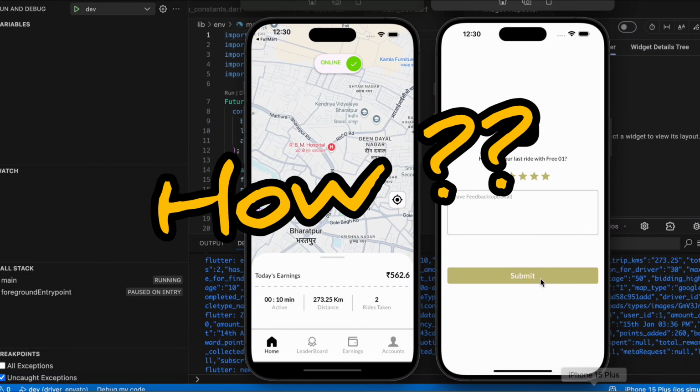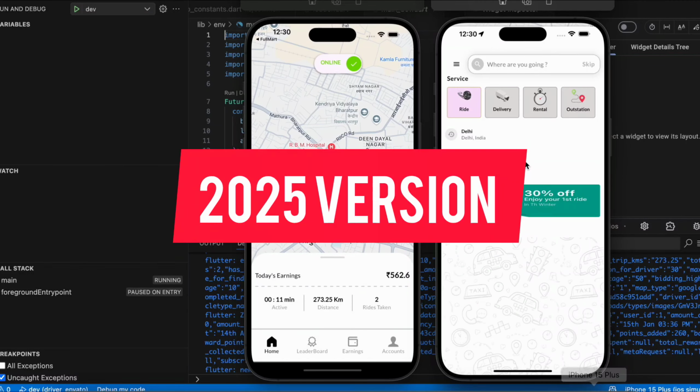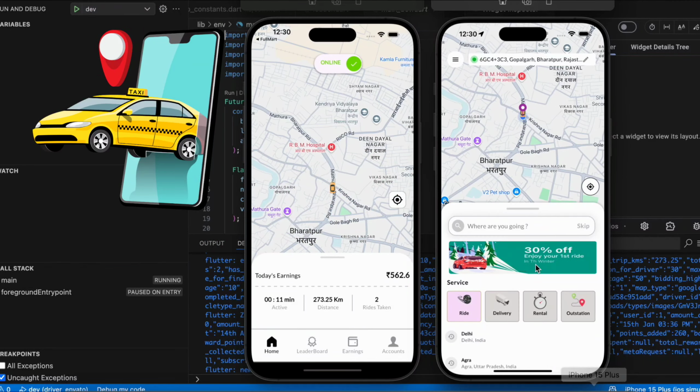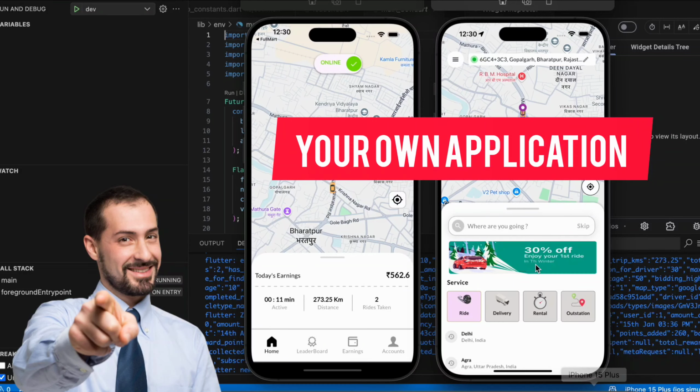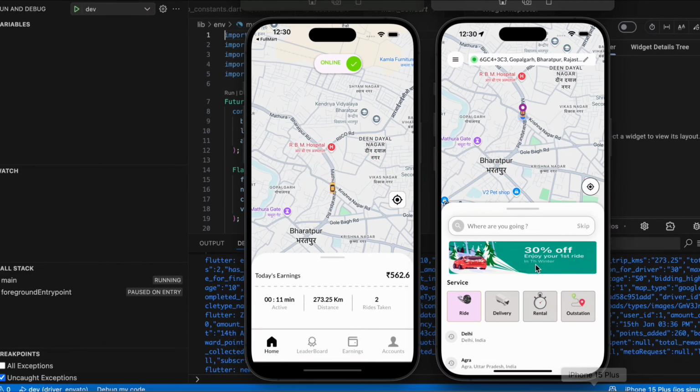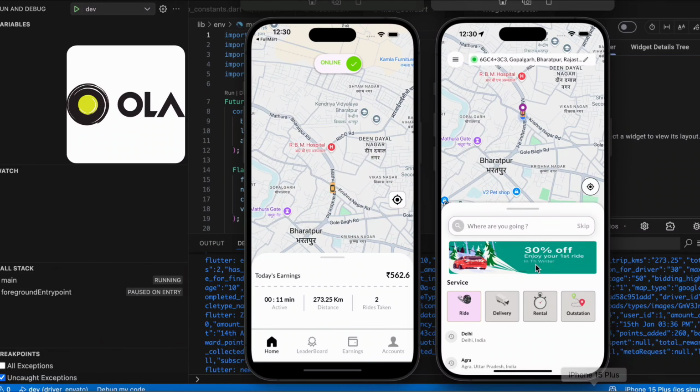So this is how our 2025 version of the taxi application works. If you want to start your own application for a taxi business like Ola, Uber, and Rapido,